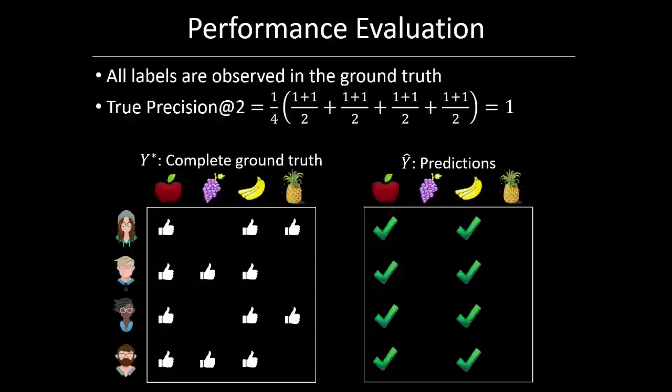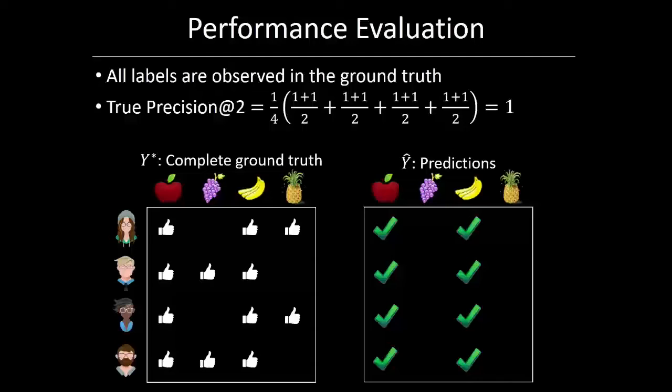And I'll be using the language of recommendation to drive home the point. So I'll be talking about users and items and likes. So to map that onto Wikipedia, a user is a Wikipedia article, an item is a Wikipedia tag, and a like means that that tag is relevant to the Wikipedia article. Okay?